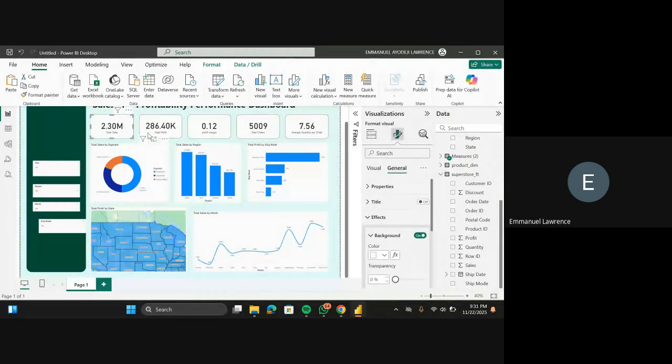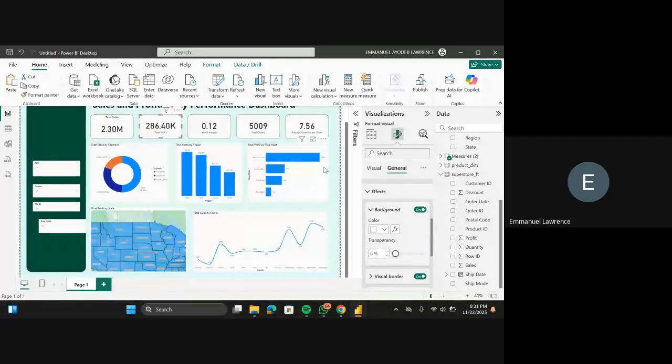These are not titles, these are callout titles. So I want to give it my own personal callout labels rather. This is total sales, so I'll come here and give it a title at the top. I'll call it total sales. Now align it to the center. Just click on alignment here. Same thing here, total profit. I'm going to be switching off my callout label and call it total profit.